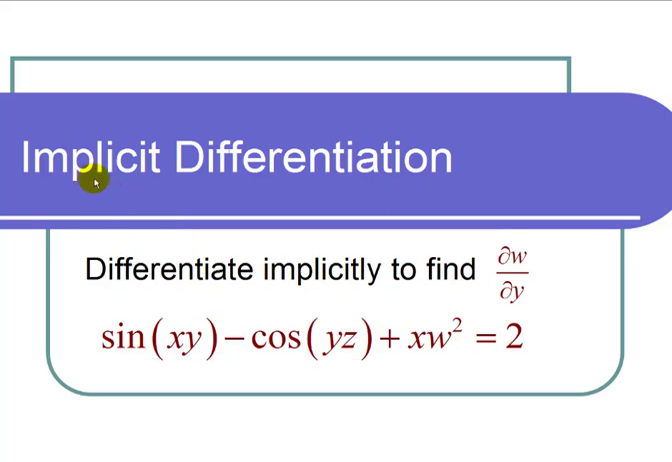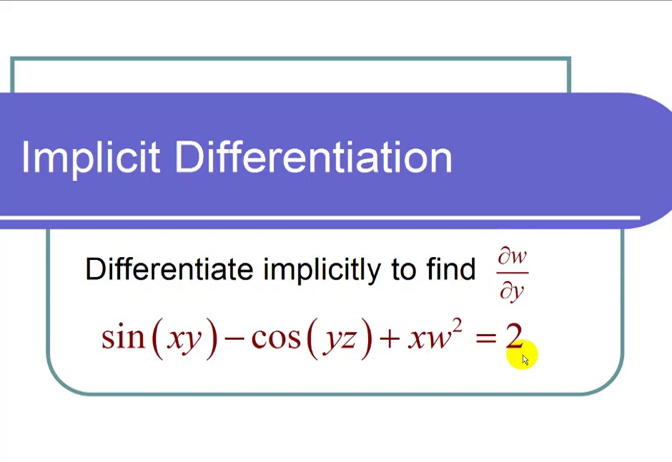This is a video on implicit differentiation. The question states, differentiate implicitly to find the partial derivative of w with respect to y. And we have the equation, the sine of xy minus the cosine of yz plus xw squared is equal to